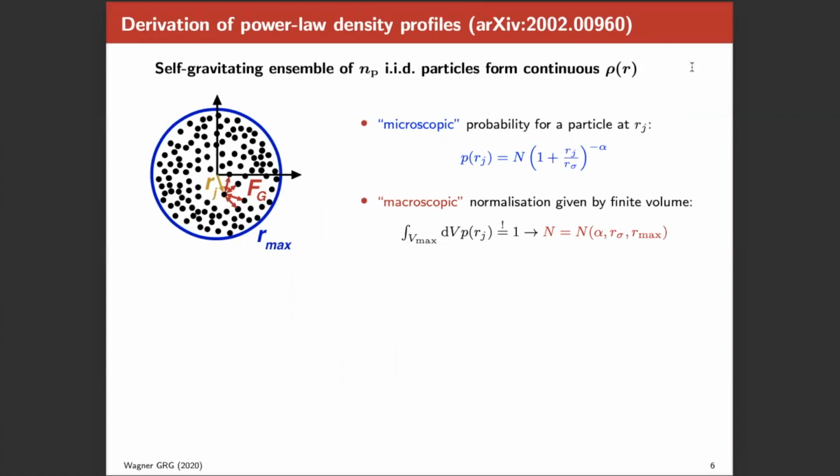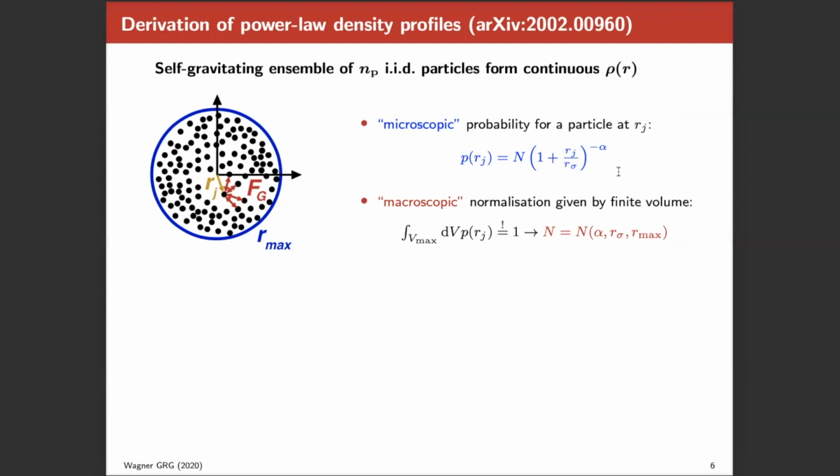Because take a look at scale-free Newtonian gravity, which is supposed to be the dominant interaction between all the individual parts of such a strong gravitational lens. Scale-free gravity causes self-similar structures. So it's pretty much legitimate to assume that all the parts can form a self-gravitating ensemble of particles, and that each particle has a certain probability density function of being at a certain position. And this is motivated now to have a power law ansatz based on Newtonian gravity being the dominant interaction.